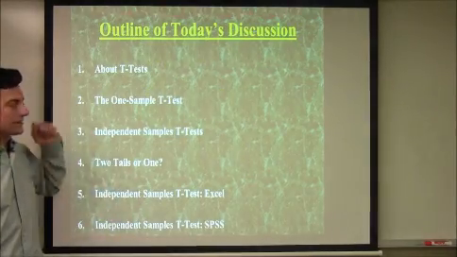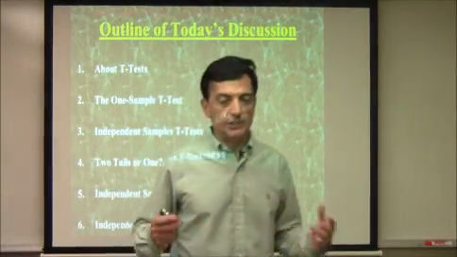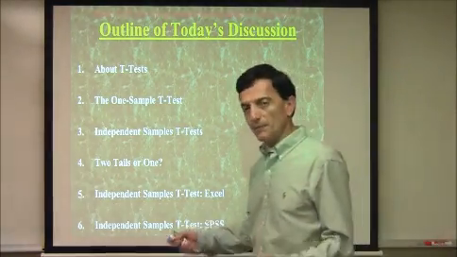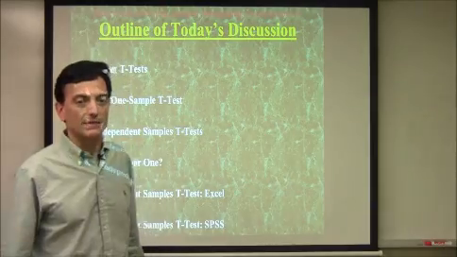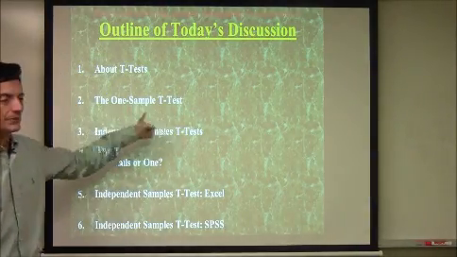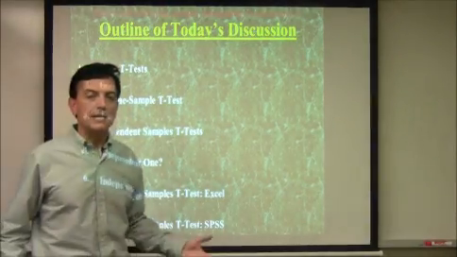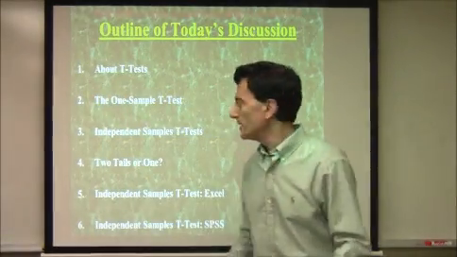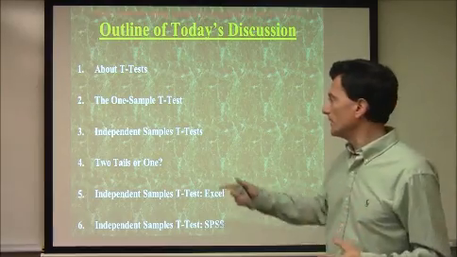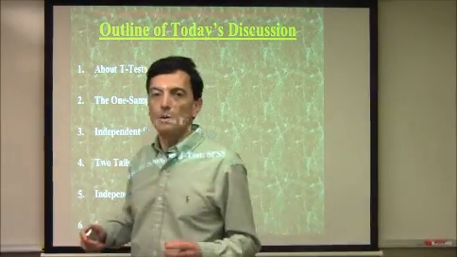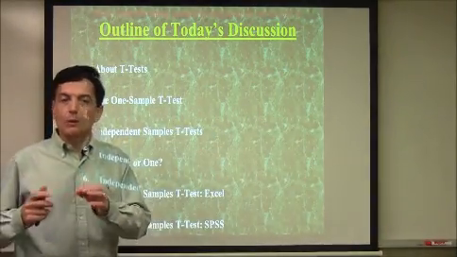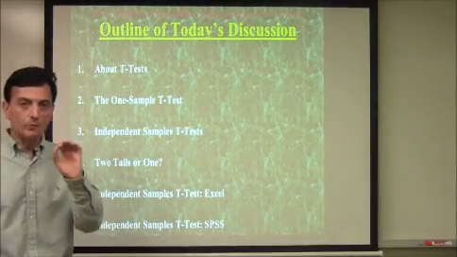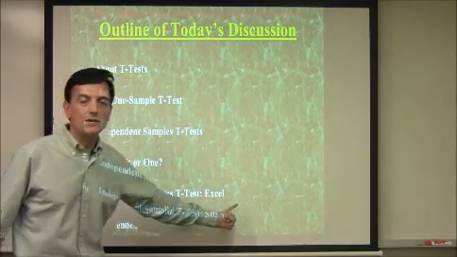To put this into context, we'll be talking about t-tests in general today, and we'll also talk about different kinds of t-tests, at least some of the t-tests that we'll experience this semester. The first will be the easiest. It's a one-sample t-test, and then we'll expand upon that and talk about a two-sample t-test, assuming that we have an independent groups design. And then we'll talk about different kinds of independent samples t-tests. One will be of a one-tail variety, and one will be of a two-tail variety. And then we'll take a quick peek at what we might do in the classroom, in Excel, and